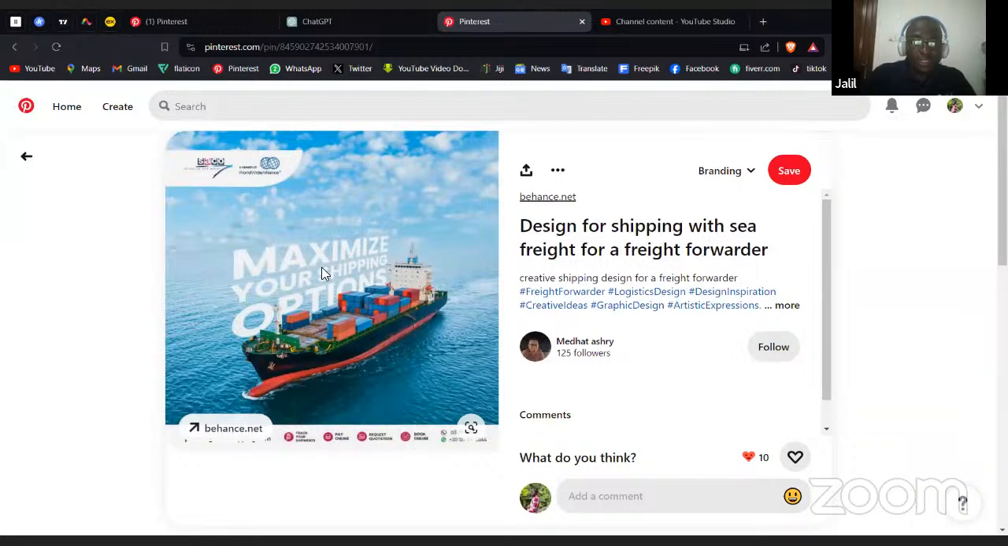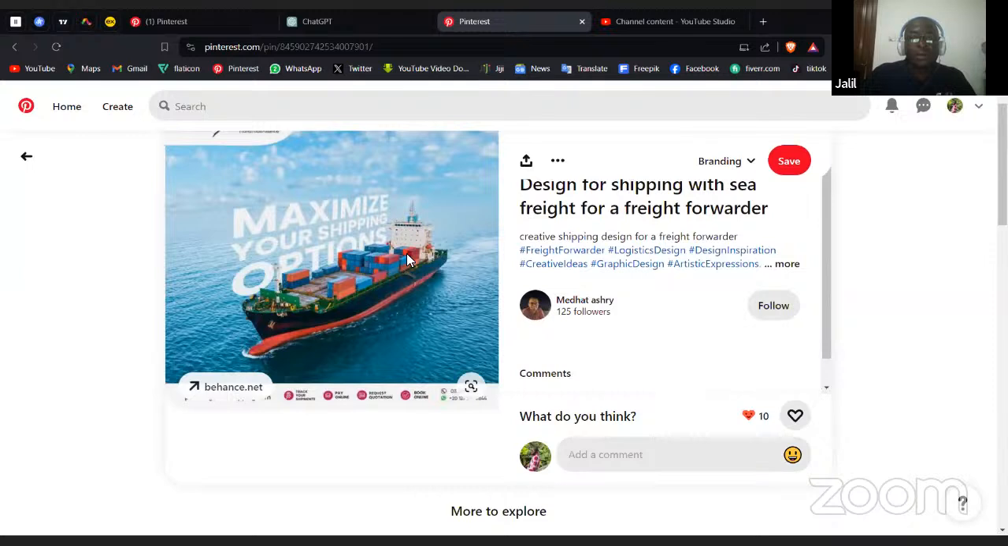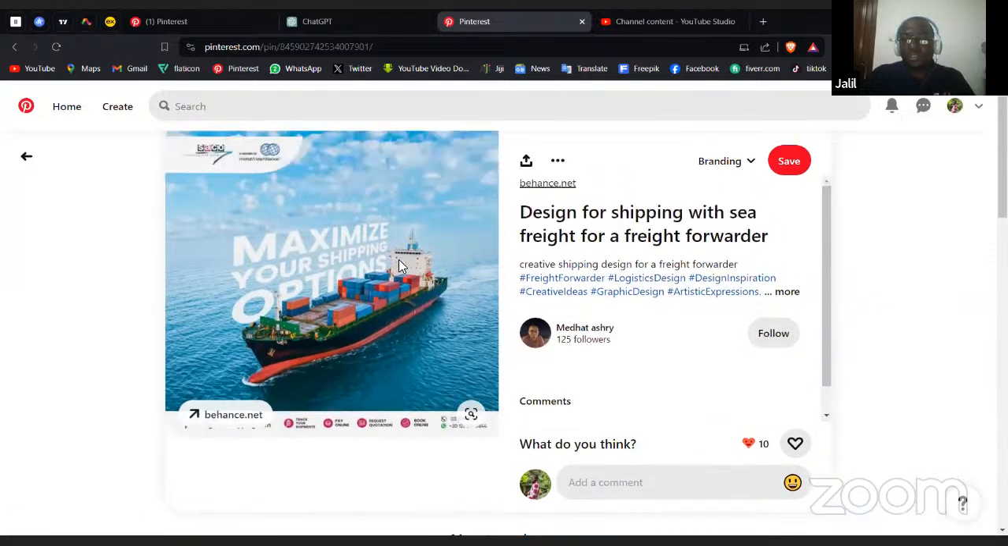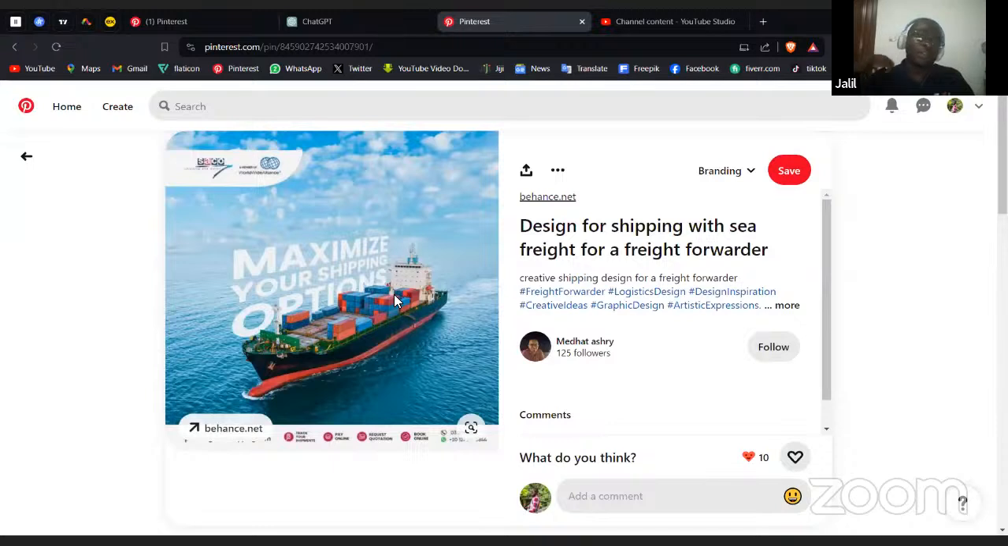We have "maximize your shipping options." Okay, all of you know a ship is something really big. And if you're trying to fit something of that size on a flyer, and you want all the details to be seen, when you put it the right way or the side way, the side view of the ship, we would barely see the back or the front of the ship, depending on how you've put it. And the easy way to make the entire ship visible is tilting it to create the perspective